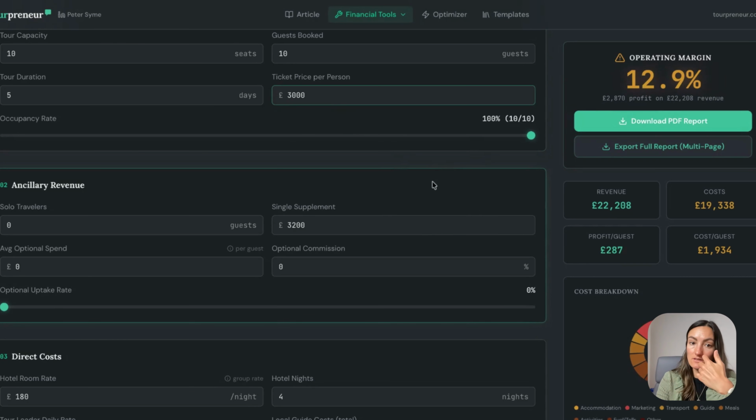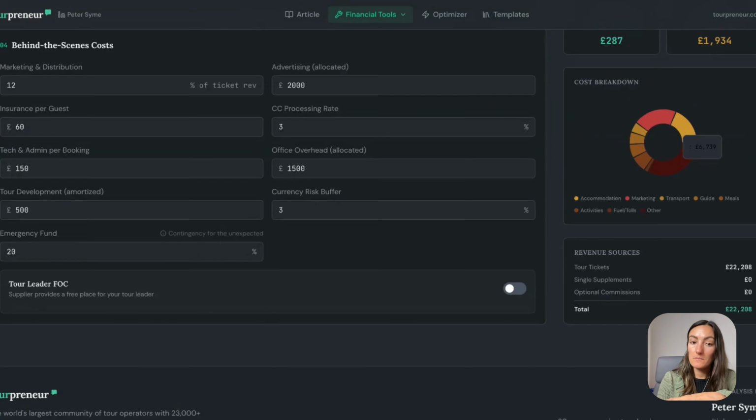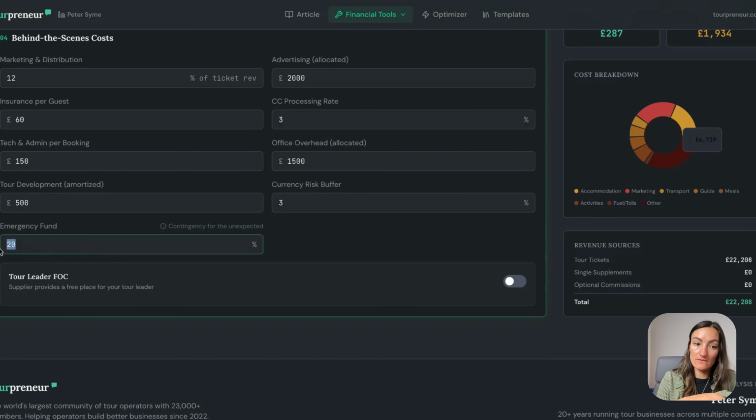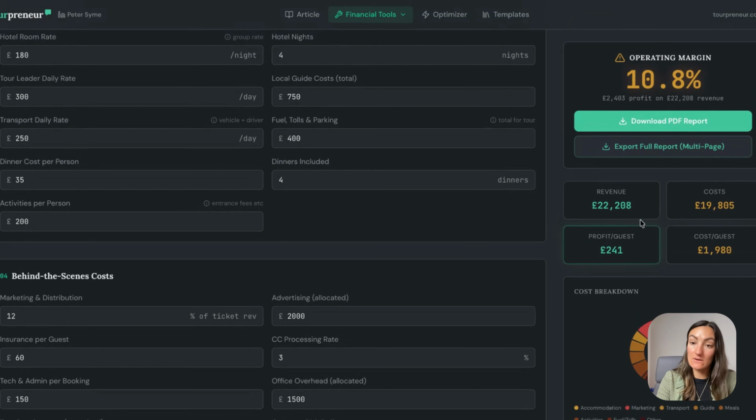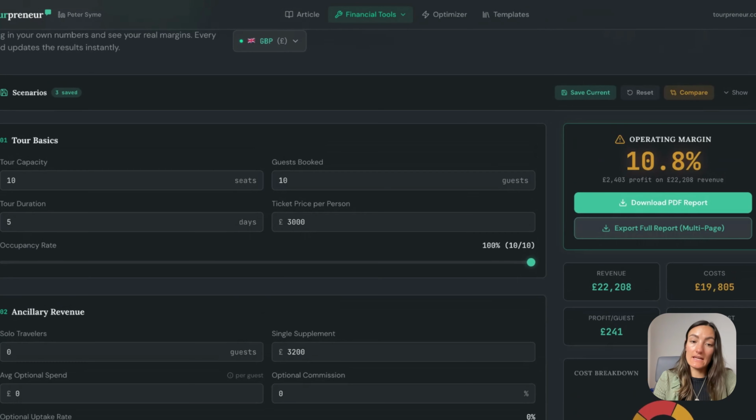at a 3,000 ticket price, and our emergency fund, if we were to use all of this, is about 25%, especially in the adventure field. This is more typically what you're going to see. Your profit per guest goes down significantly. And in a scenario where you are typically going to face things that go wrong and that might cost extra